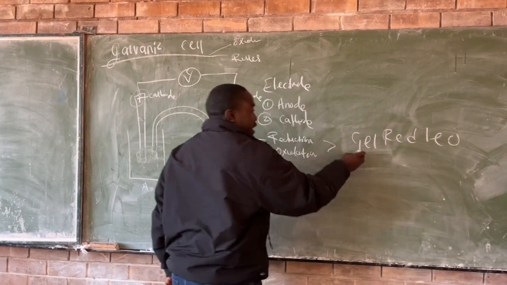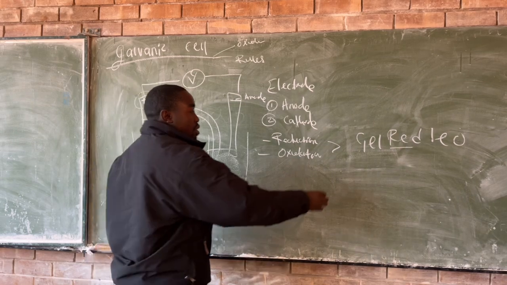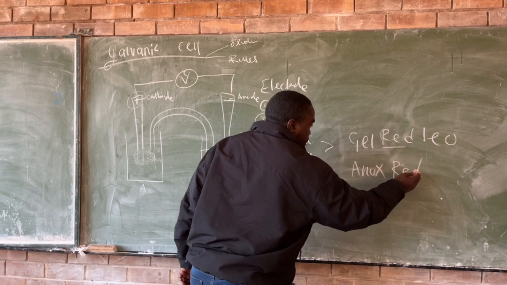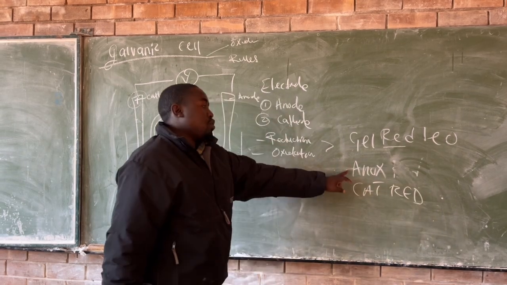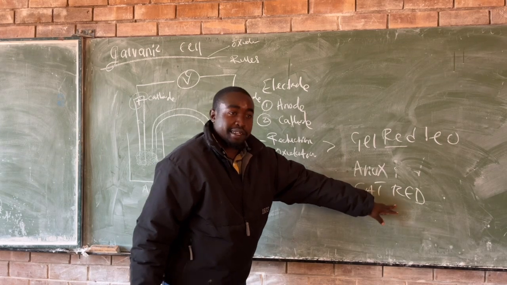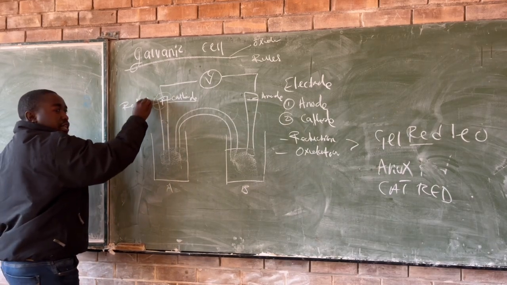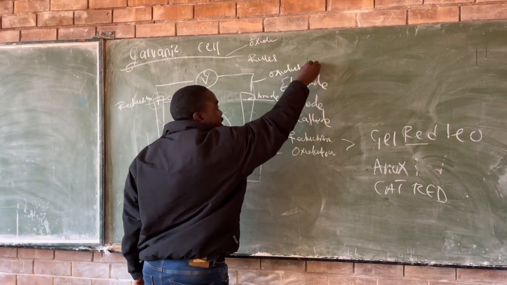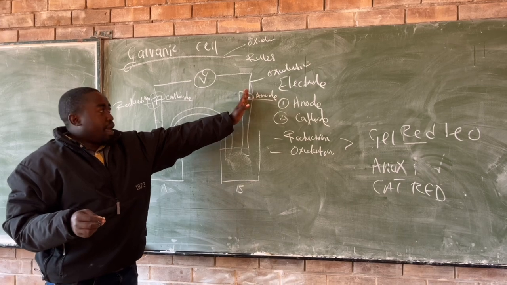So you just memorize it by using OIL RIG, or LEO says GER. The gain of electrons is reduction, and the loss of electrons is what? Is oxidation. And then we also have AN OX, and also RED CAT. The AN OX: the anode is an oxidation, and the cathode is a what? Is a reduction. Meaning that here on the cathode, reduction takes place, and here on the anode, the oxidation takes place,